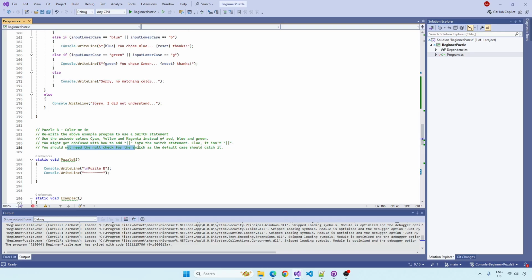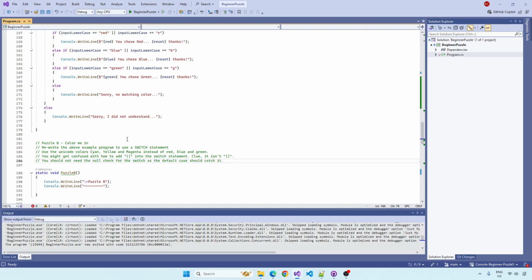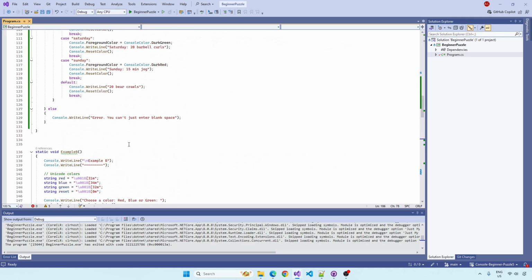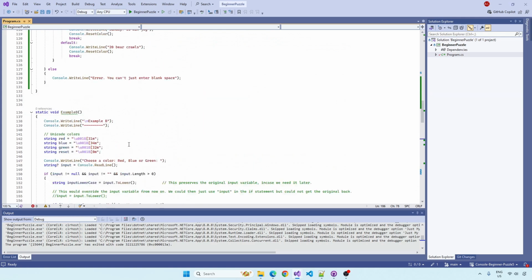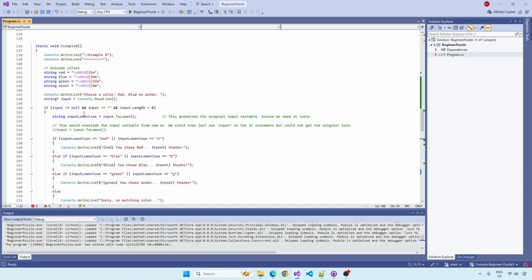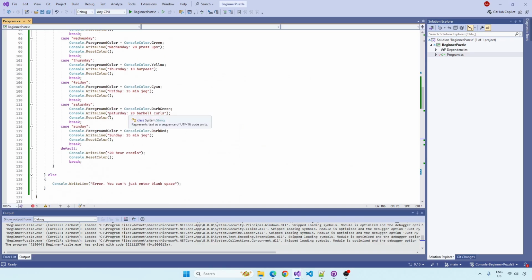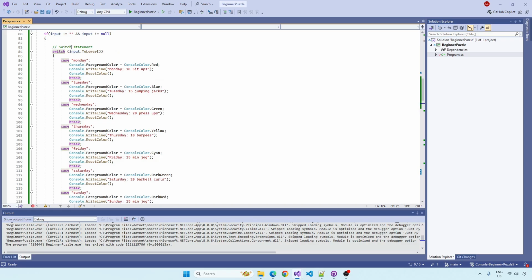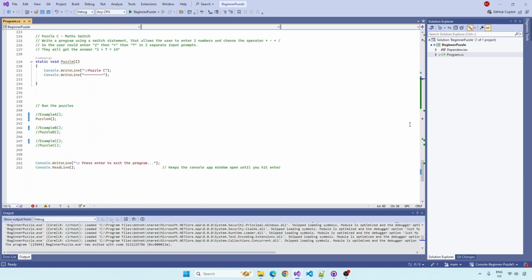We should not need the null check for the switch, as the default case should catch it. Yeah, okay. So we're not needing to wrap this. And okay, so I did it there. But that should have actually caught this. So you shouldn't have needed the if statement. I'm not sure about null. It would have definitely caught this. I'm not 100% about null. Anyway, let's